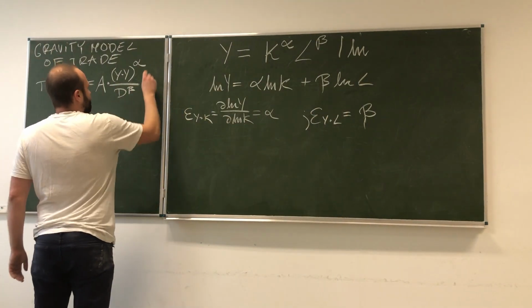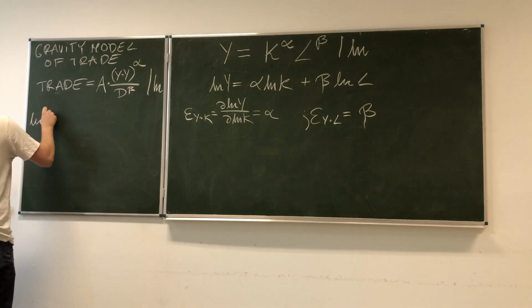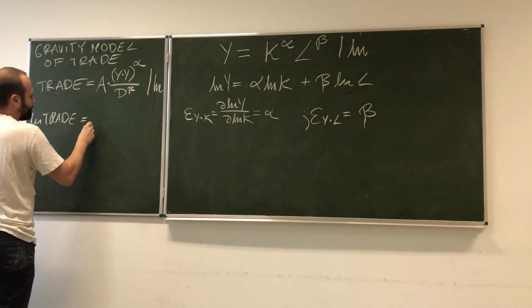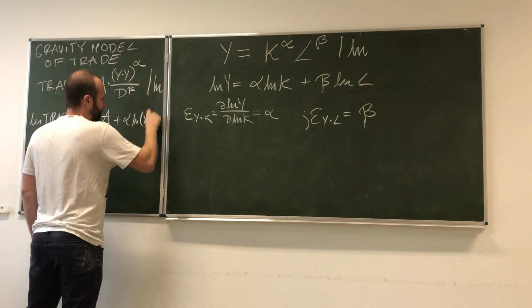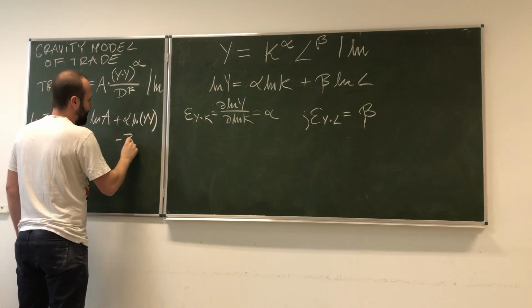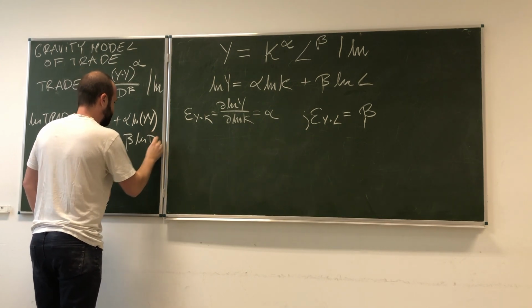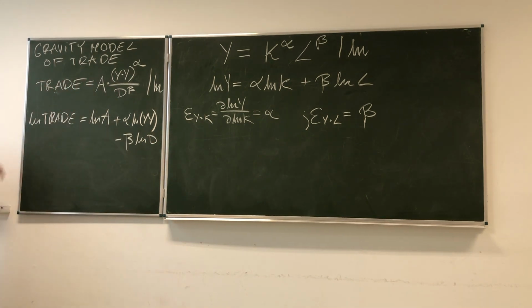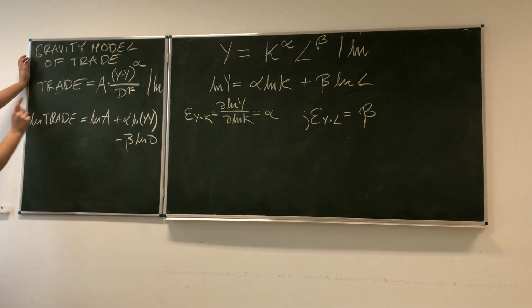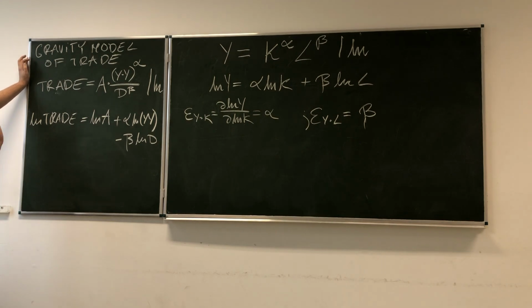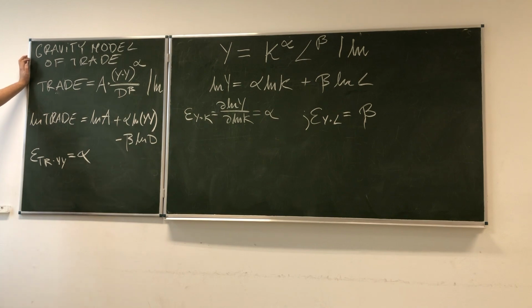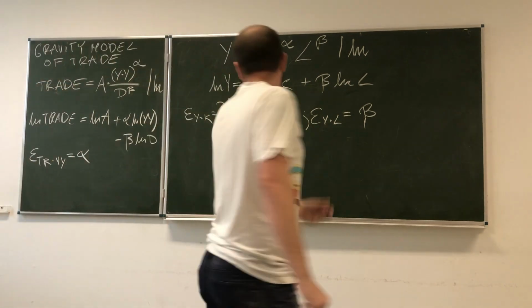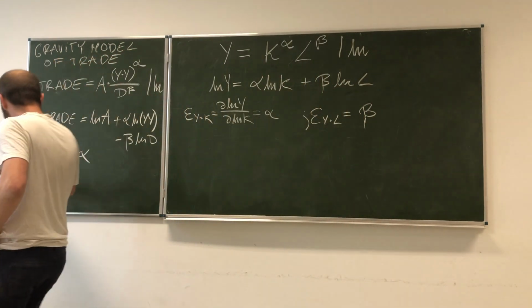Look, again, all we need to do is to take natural logarithm: ln trade is equal to ln A plus alpha ln y, GDP product, minus beta ln D. Okay, so again, what is the elasticity of trade with respect to GDP product? Well, it's simply equal to alpha, which means that if GDP product increases by 1%, then trade increases by alpha percent. And the same goes for beta,